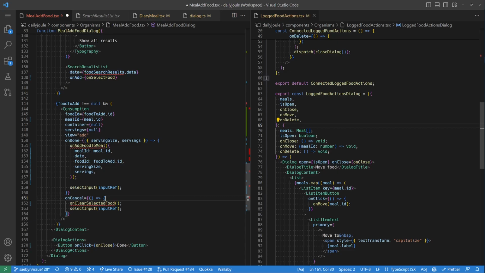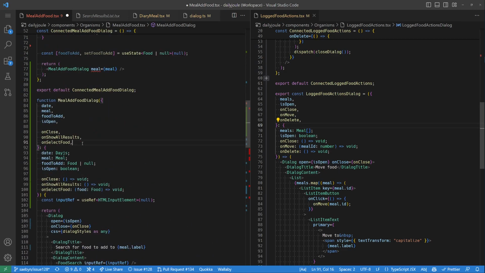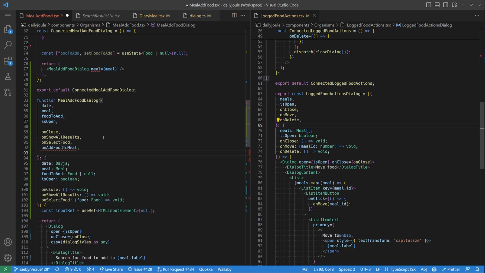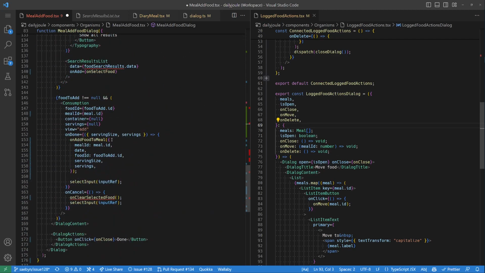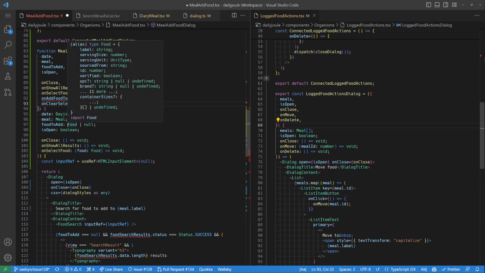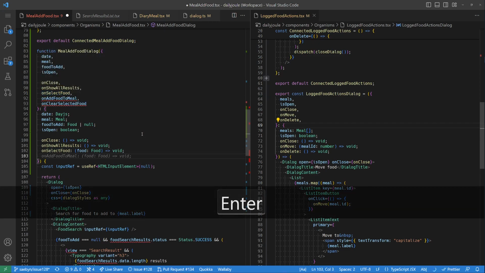Yeah, I think that makes sense. Is it? Nope. Okay. I mean, we could have this except null, but I think it'll be cleaner to have separate